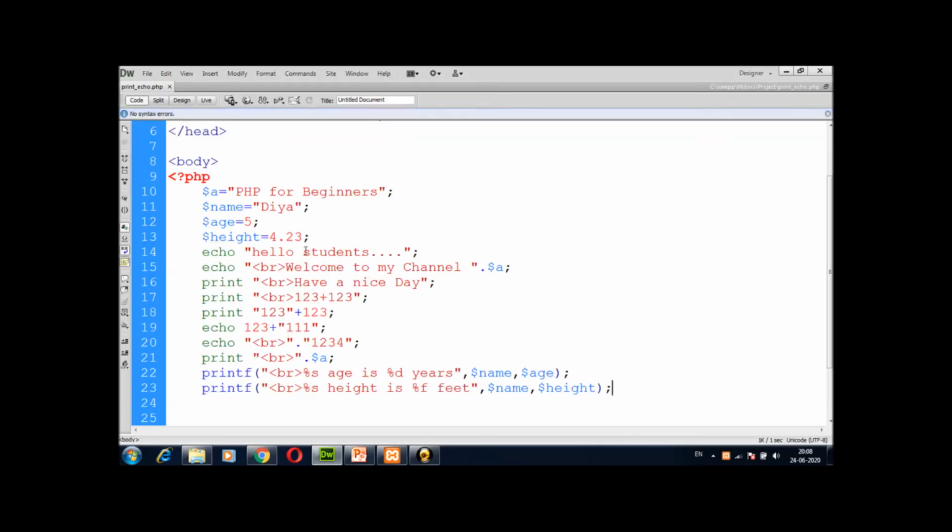So here we are discussing different echo statements. Also we are discussing different printing statements with print. Also there is a new concept we discuss, the concat concept, or concat any variable or any number.